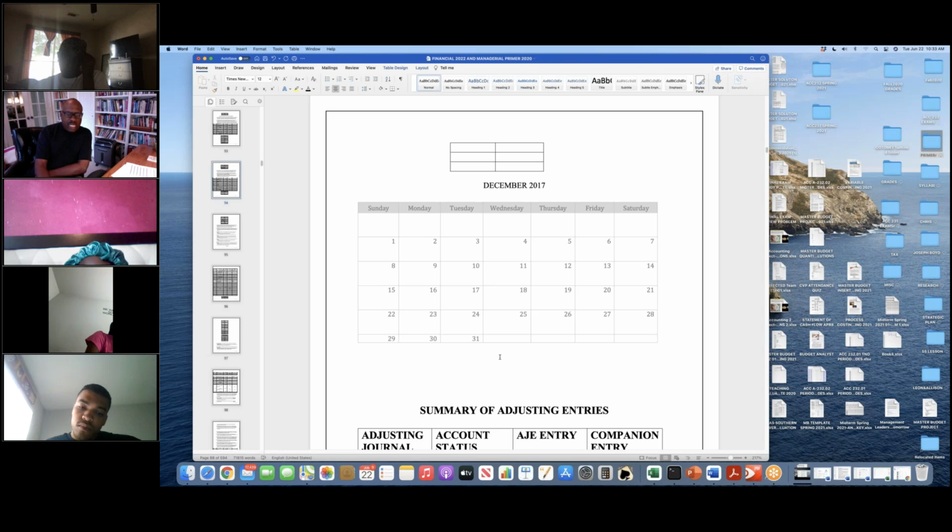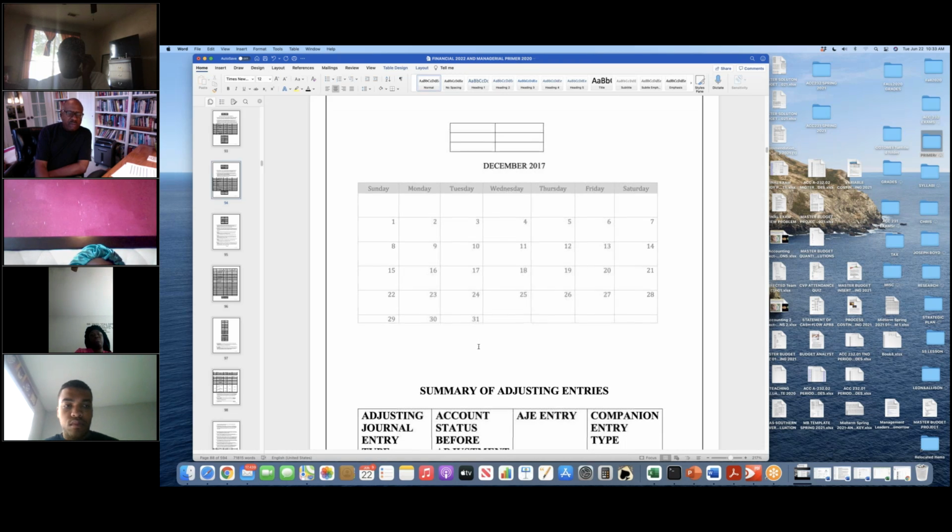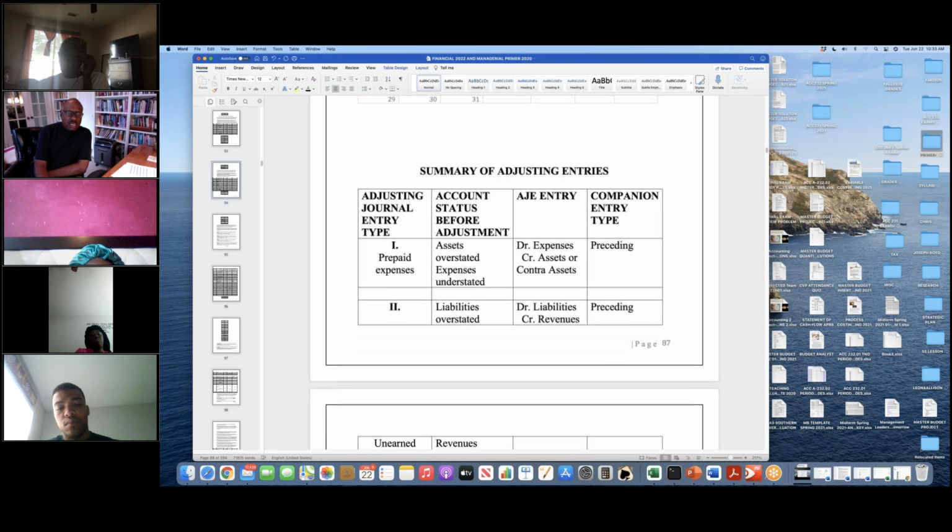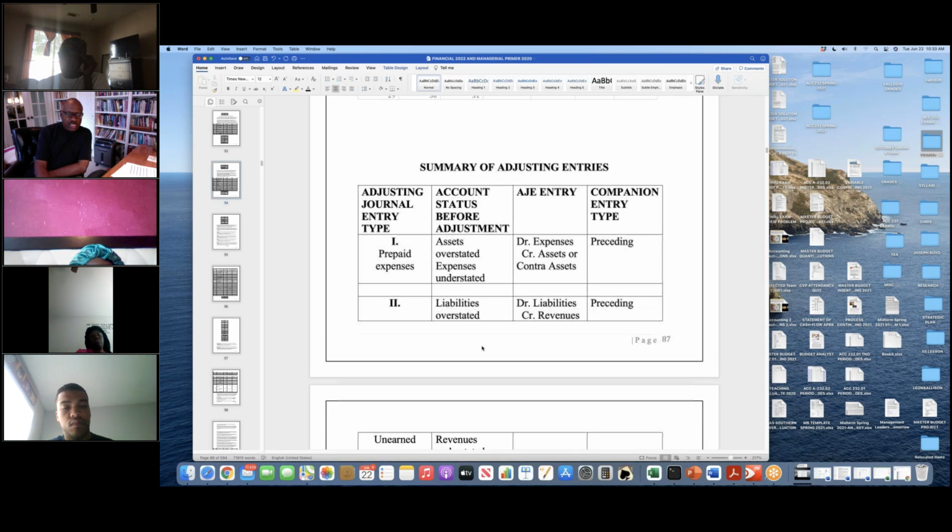So based on this calendar, there's 2 days of expense in 2017. We can't wait until 2018 and make the regular journal entry. This money has to be recorded in 2017, and that's the purpose of the adjusting entry. So once again, summarizing adjusting entries,